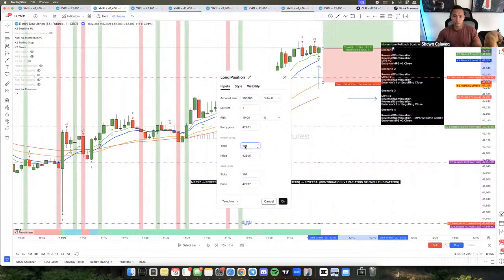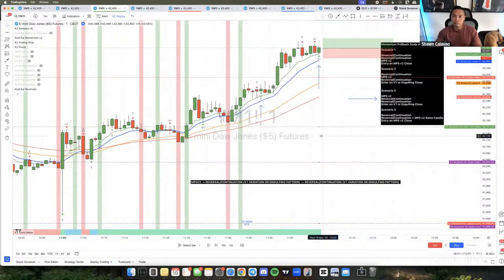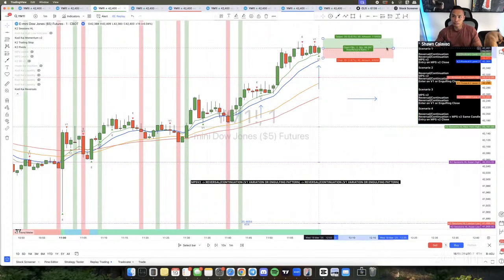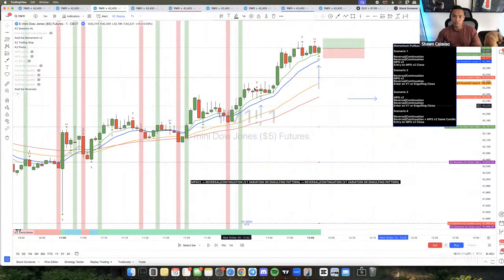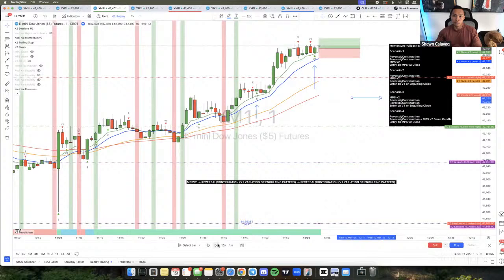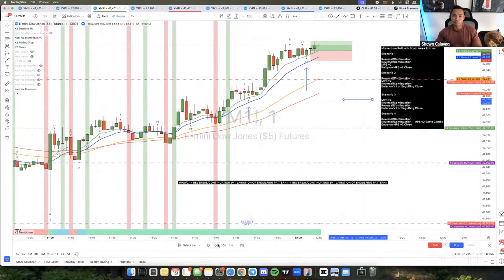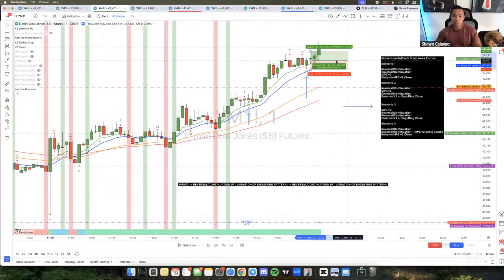your A++ setup. So now that you have that right there, there's a setup. The reason why we put this together is, for example, if you missed the MPSv2 for whatever reason, and you're like, oh, I still want to get in, now you have another confirmation over here for an A++, and this right here is going to be your entry for that trade. So there's an example of A++. This is where the MPSv2 started, and then continuation right here.